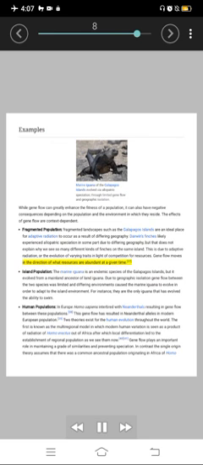Population. The marine iguana is an endemic species of the Galapagos Islands, but it evolved from a mainland ancestor of land iguana. Due to geographic isolation, gene flow between the two species was limited and differing environments caused the marine iguana to evolve in order to adapt to the island environment. For instance, they are the only iguana that has evolved the ability to swim.